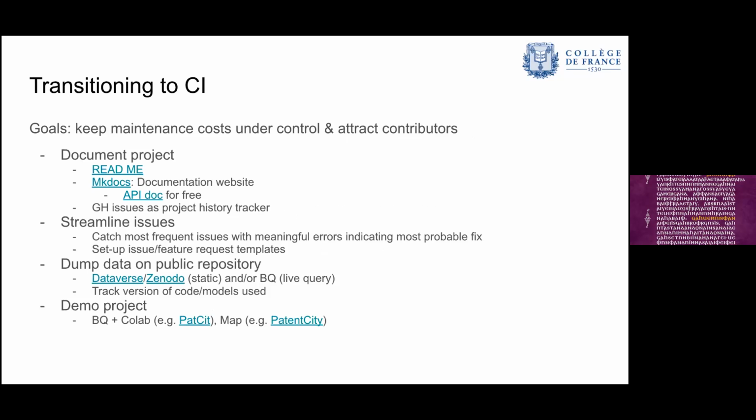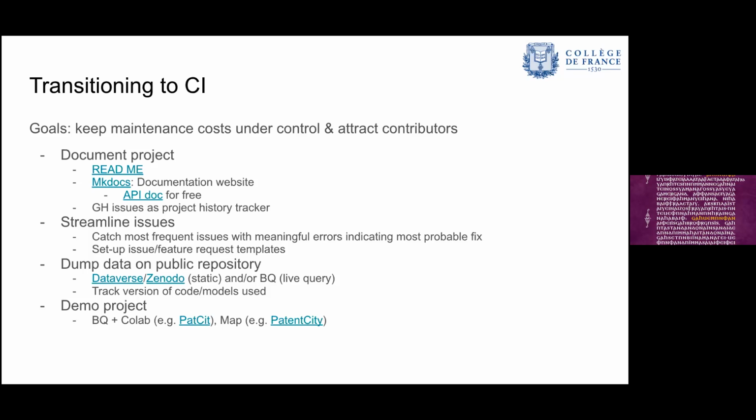So now, if we want to transition to continuous improvement, I would say this is something like maybe 6 months after starting the project, when you start being a bit happy with what you've done. Of course, this is not over because this won't be over at any time, but you have the feeling that